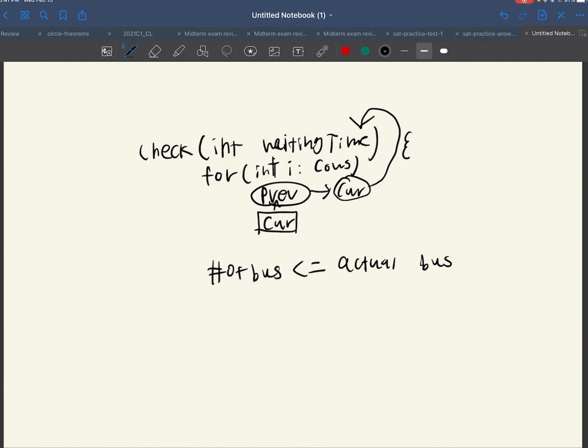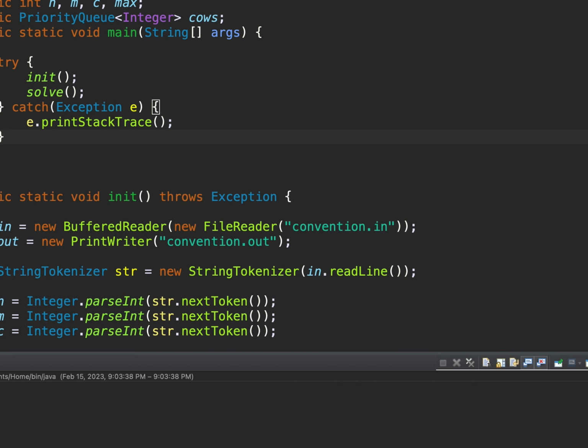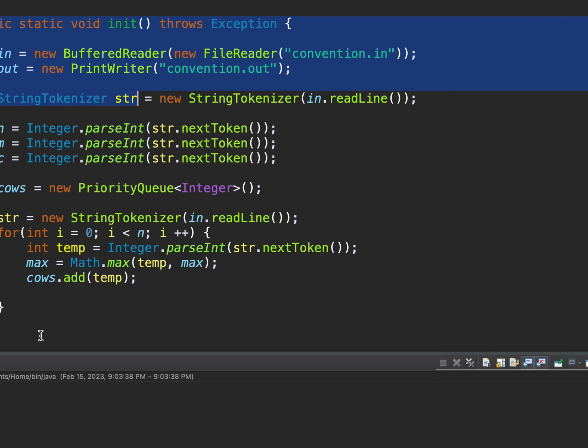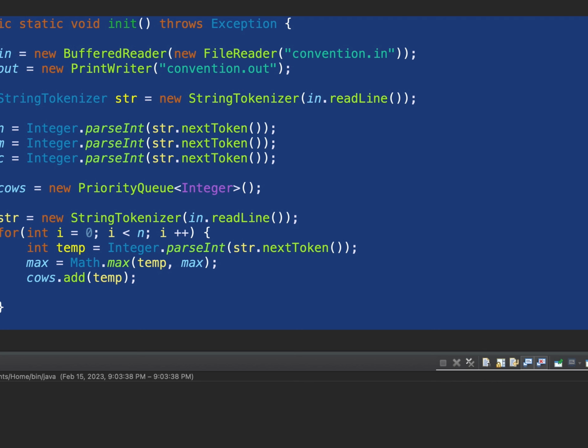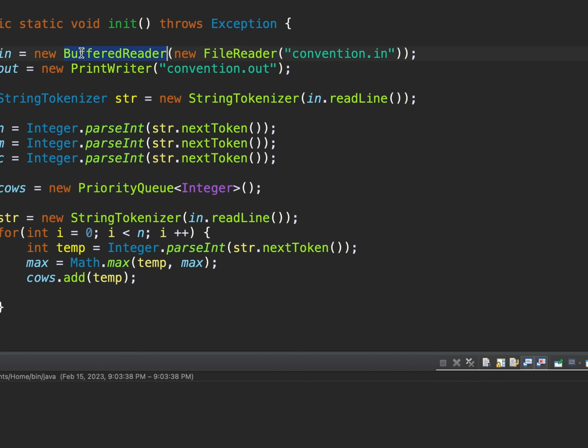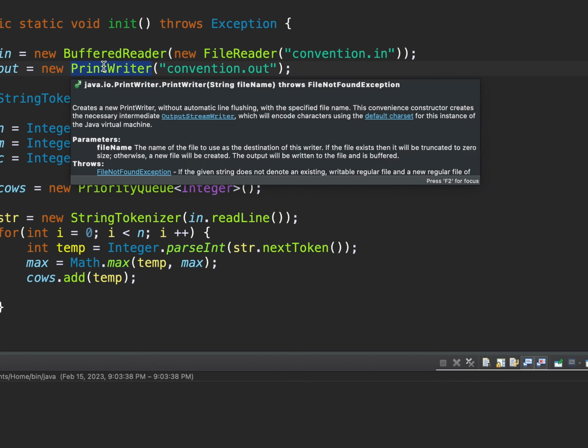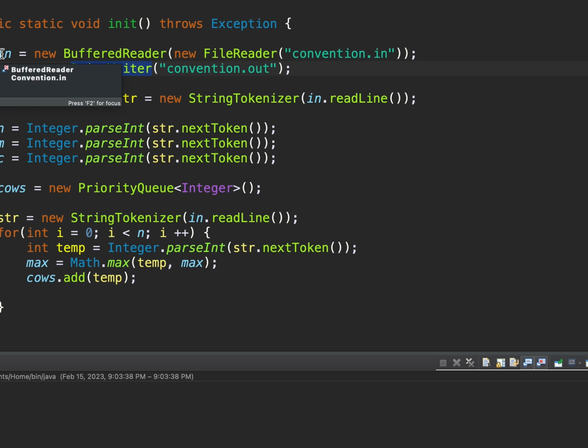And now let's get to the programming part. This is my code, and the function init, short for initialization, takes care of the input. Using buffered reader and print writer, it takes care of the input and the output. It reads the integers n, m, and c,